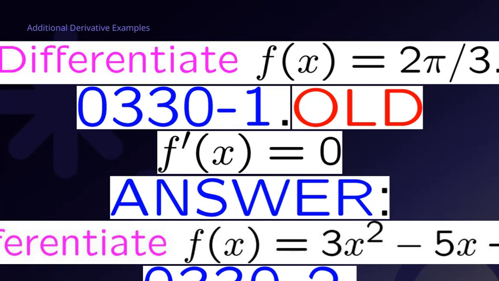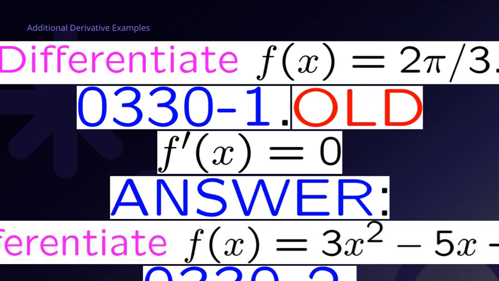Let's look at some additional examples of derivatives to deepen our understanding. These examples help illustrate how derivatives can be applied in various contexts beyond the basic rules we've covered. By exploring these, we can see the versatility of derivative rules and how they connect to real-world problems. Remember, recognizing different types of functions and their derivatives is key to solving more complex calculus questions. So, as we go through these examples, keep in mind how they fit into the broader theme of understanding change